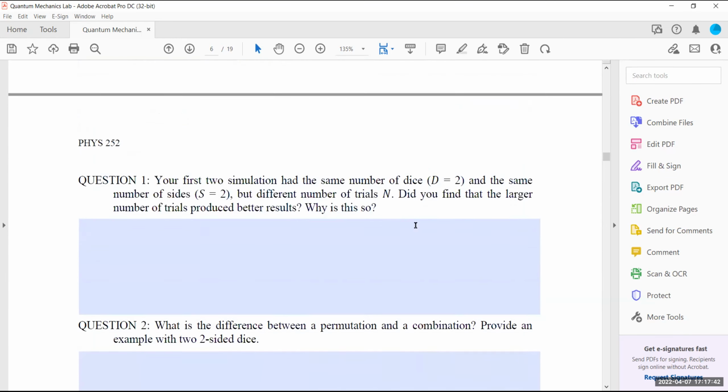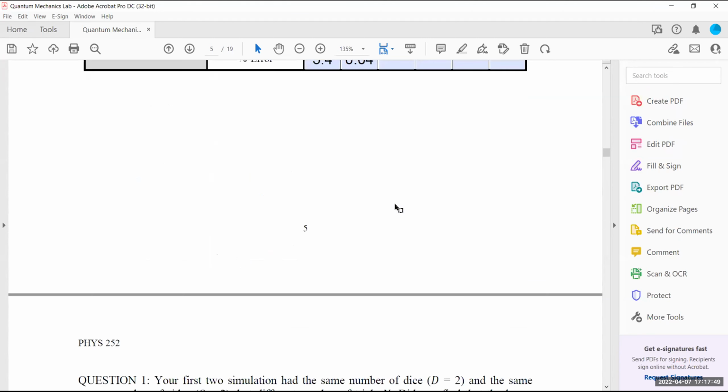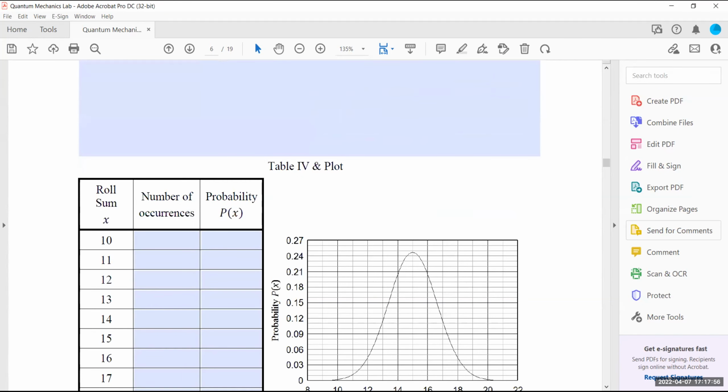You're going to take this die in here, this situation in here, 10 and 2, and you're going to get the data for it, okay? What I mean by the data,